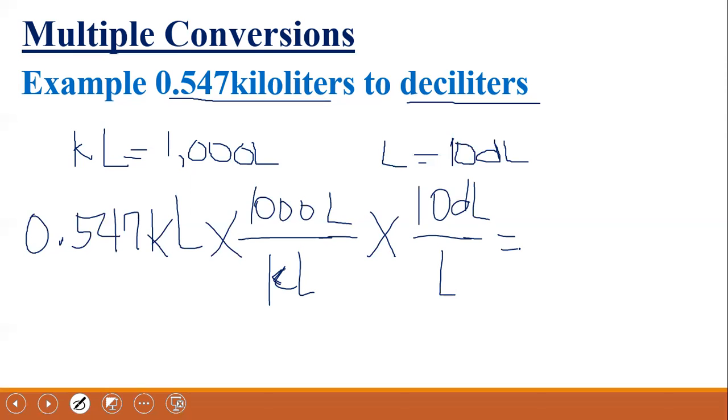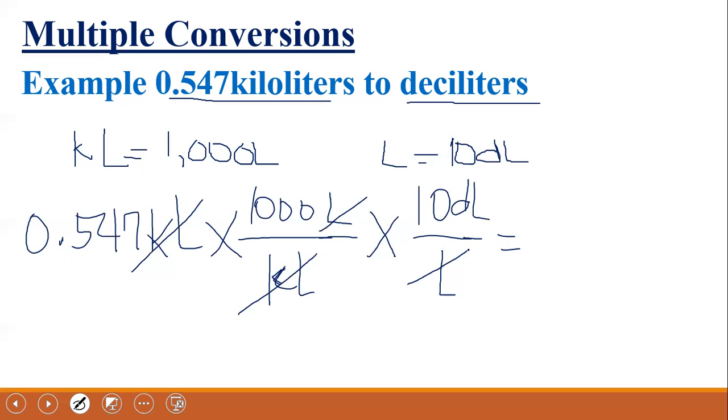So we are now going to have our unit cancellation. Okay, so naiwan na si deciliter. And then calculate. All right. So noted in each step, the previous unit is cancelled. Okay. The next unit in the sequence is produced. So ayan, na-produce na natin yung